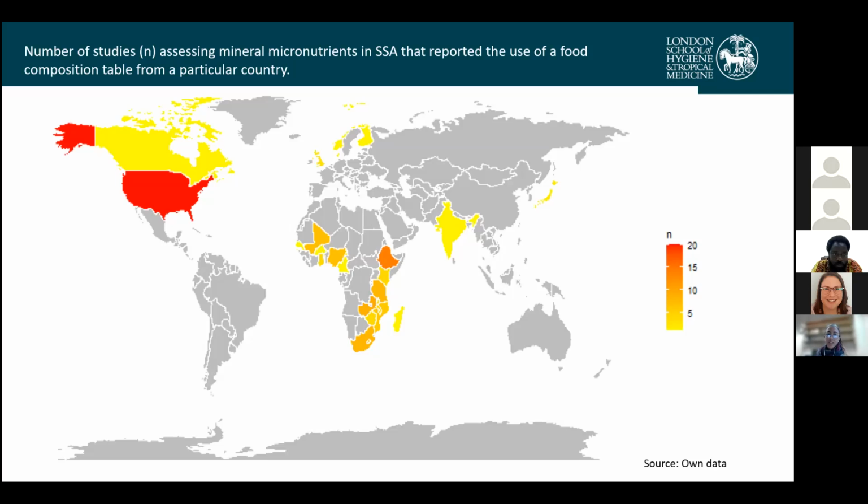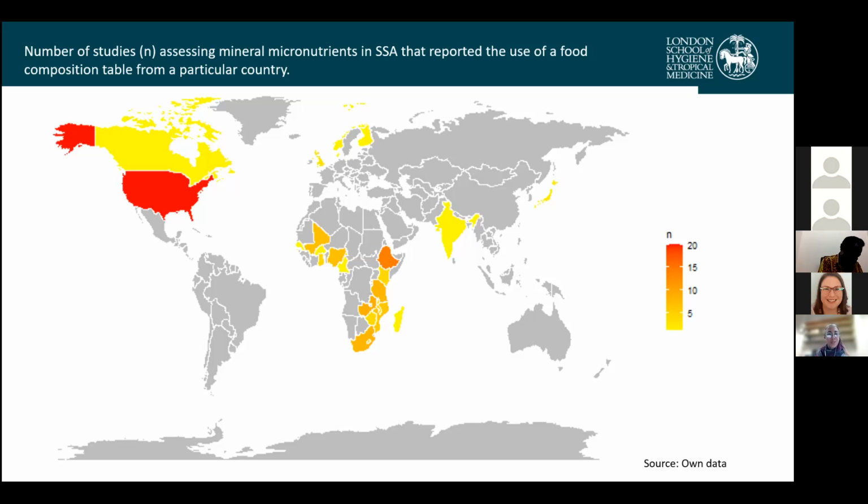So this map shows where the actual food composition data being used for these studies comes from. When we identified the studies, we identified the food composition tables that they cited as used. So number one was the US. So it means that if we are estimating, for example, selenium, we are using data from the US. And I don't know if you all know, but the selenium in soil in the US is very high. So if you use that value to estimate, for example, data in Malawi, where they have very low selenium in soil, then you will probably be overestimating the data sets.